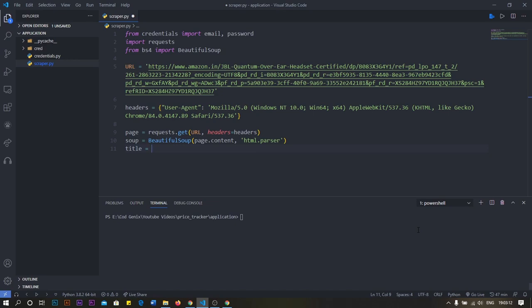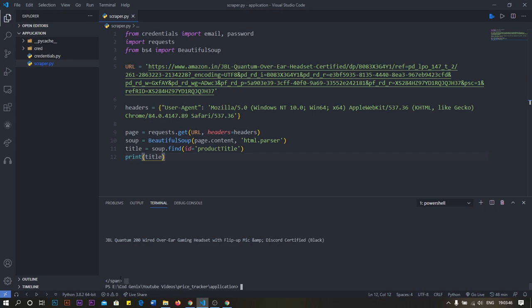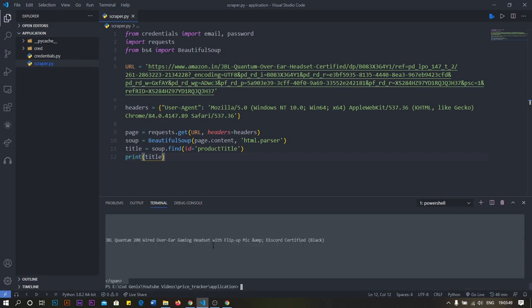And we have to find, so now we have the complete web page. We can use the method find to get a particular piece of data from the complete web page. So we have to mention the attribute that we are searching. The attribute that we are searching is ID, and the value of the attribute is product title. Okay, now let me print this out, so you'll see what we are getting. Yeah, so you'll see that we get a complete division. You can see we have the complete HTML content of the element that we searched for.